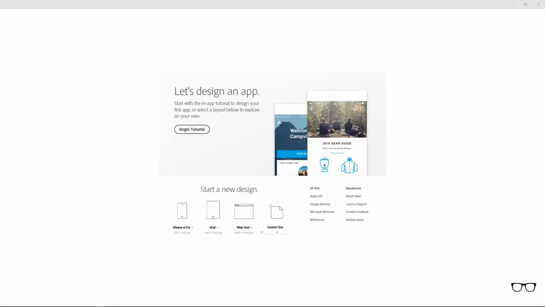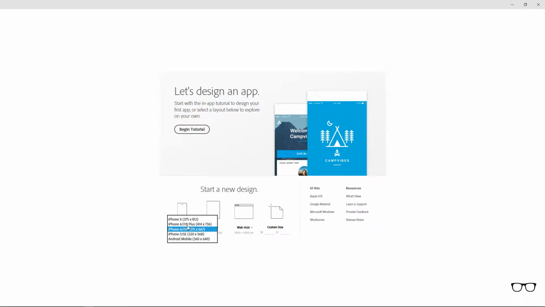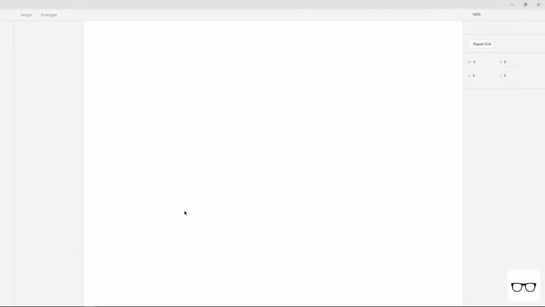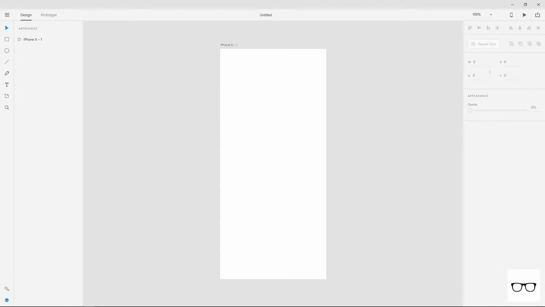So today we're going to keep a very simple kind of thing. We're going to be making an Instagram revamp, perhaps, or some sort of an image sharing software on the iPad. So let's go into the templates. Open up the iPhone X template. Now, this isn't going to be a